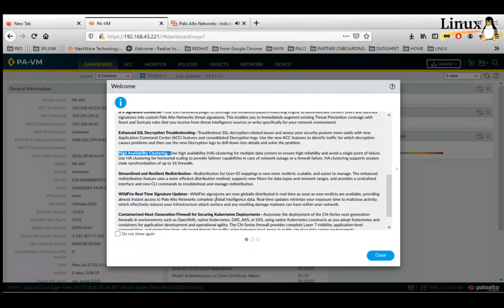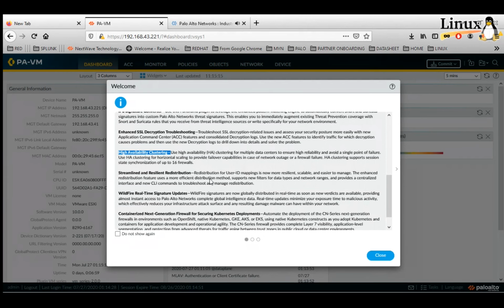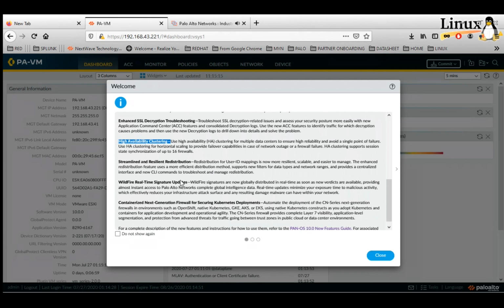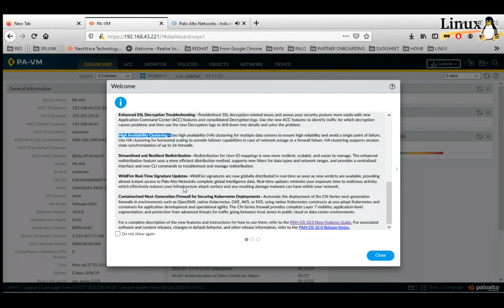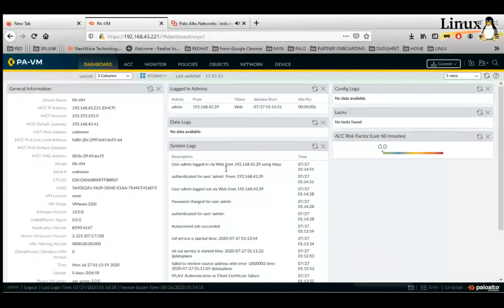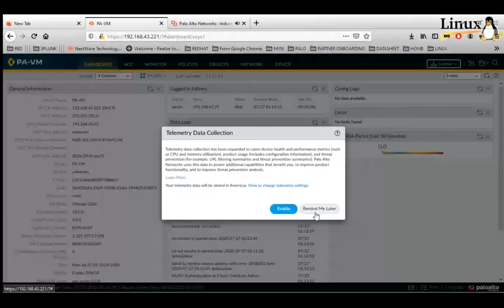So another thing is some kind of nice troubleshooting around the decryption, streamlined resilient distribution, that is User-ID mappings to other solutions, WildFire real-time signatures. So we talked about this zero delay, and then we also talked about containerized next generation firewalls. If we close this and okay, later,